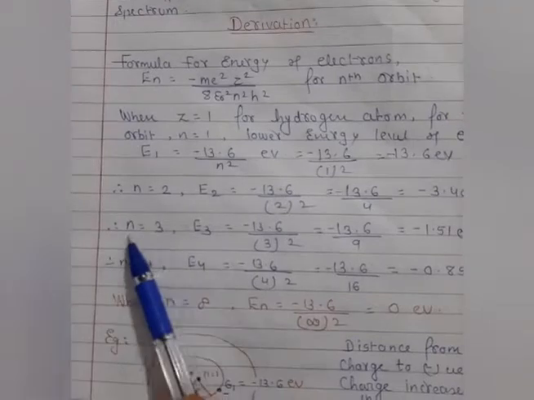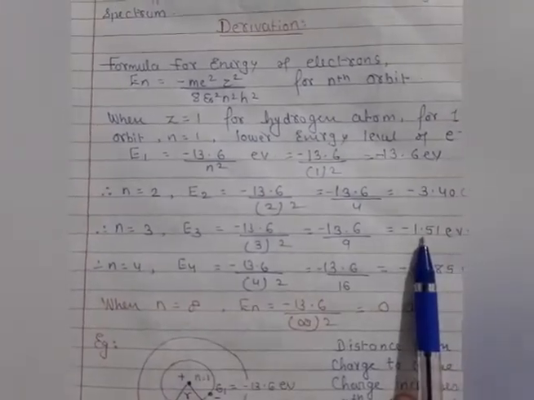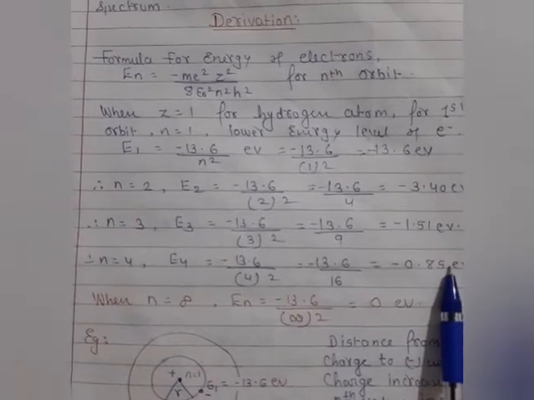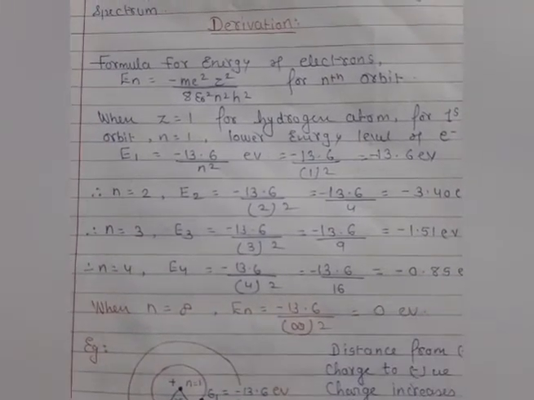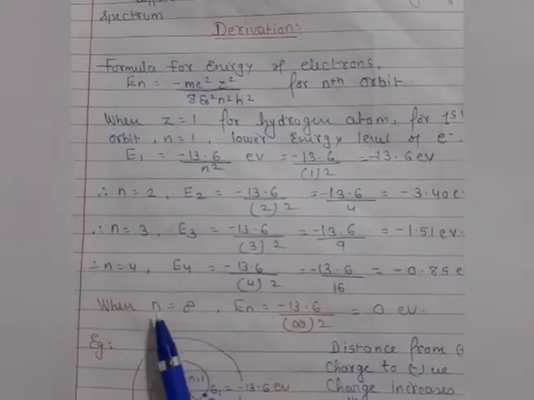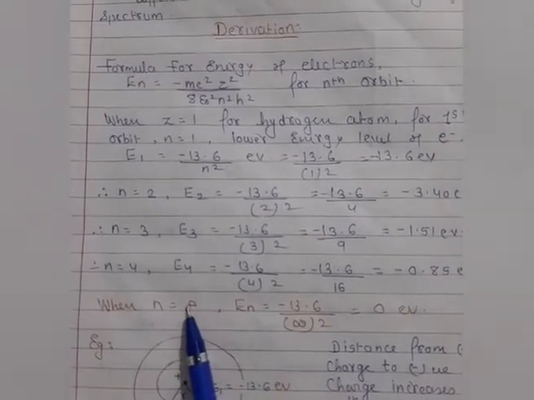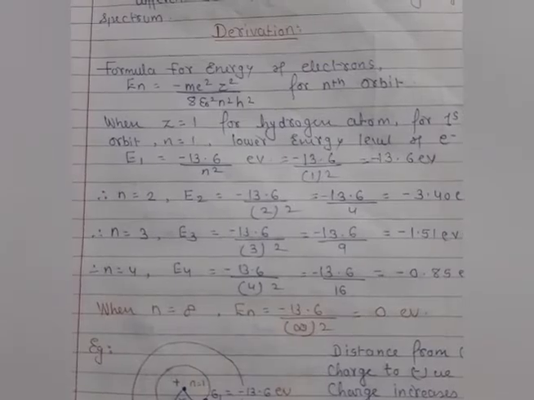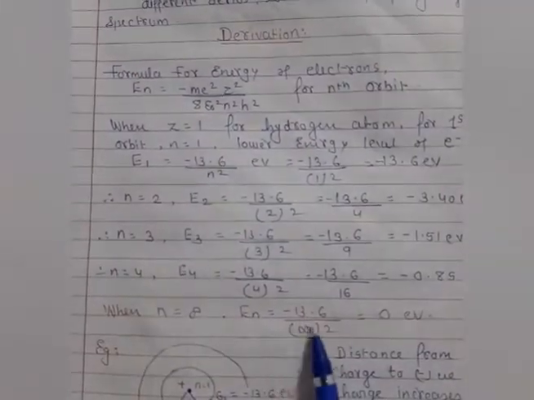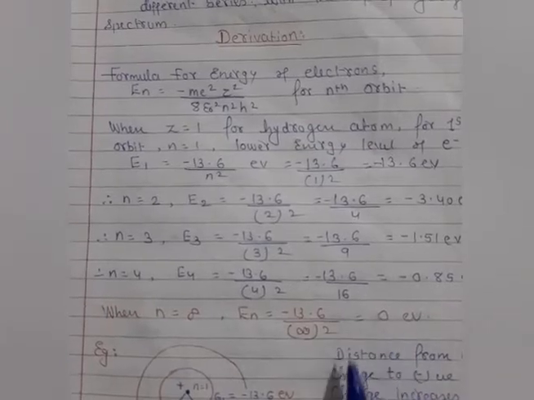In this way, students, we are getting the third energy of the orbit, or the fourth energy of the orbit. As you know very well, in an atom having n number of orbits, suppose n is infinity, what will the energy be? According to this formula, when we substitute this value, we get 0 electron volt energy.